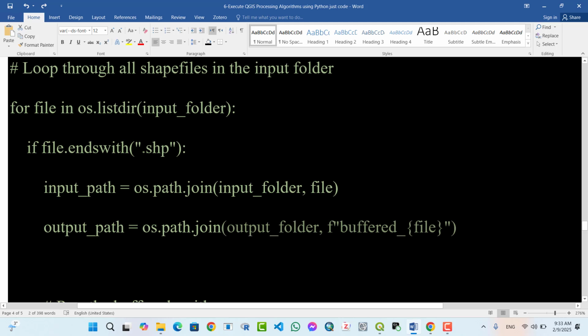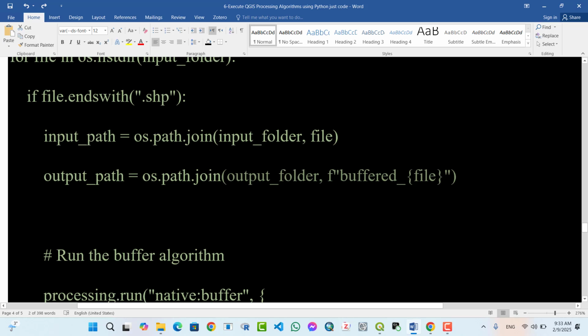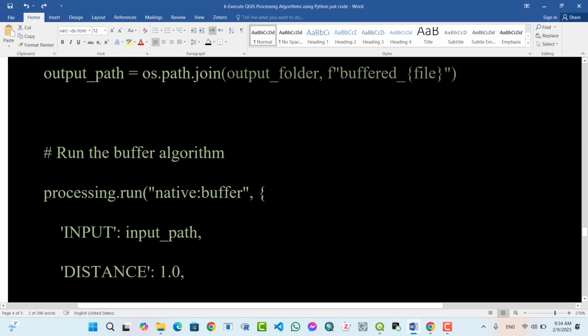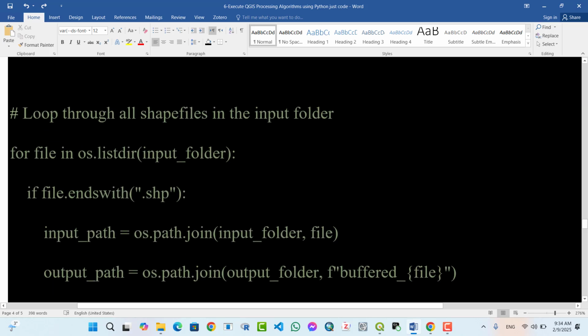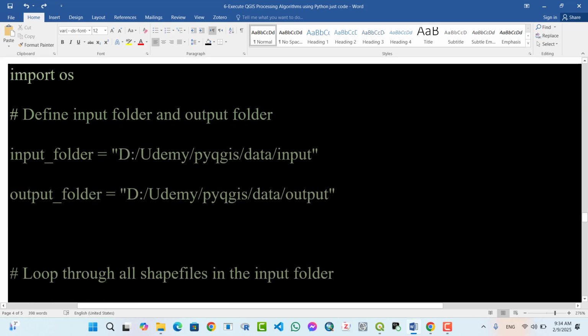If file ends with .shp, the condition, input path equal os.path.join input folder, comma file. Output path equal os.path.join output folder, f-string added buffered underscore before the name of each file. Run the buffer algorithm, processing.run, native:buffer. Input is input path, distance, for example, just 1. Output is output path. We can copy this script